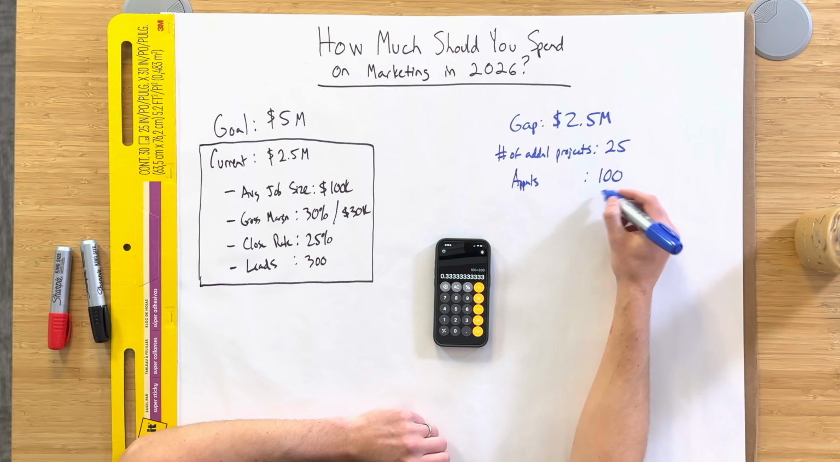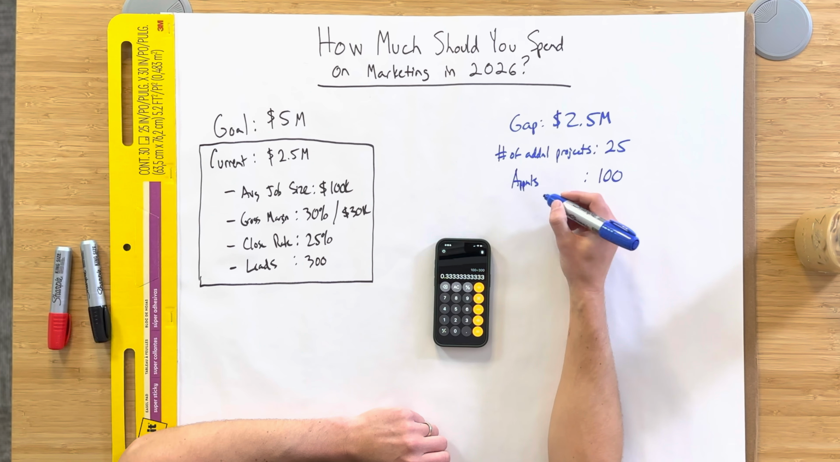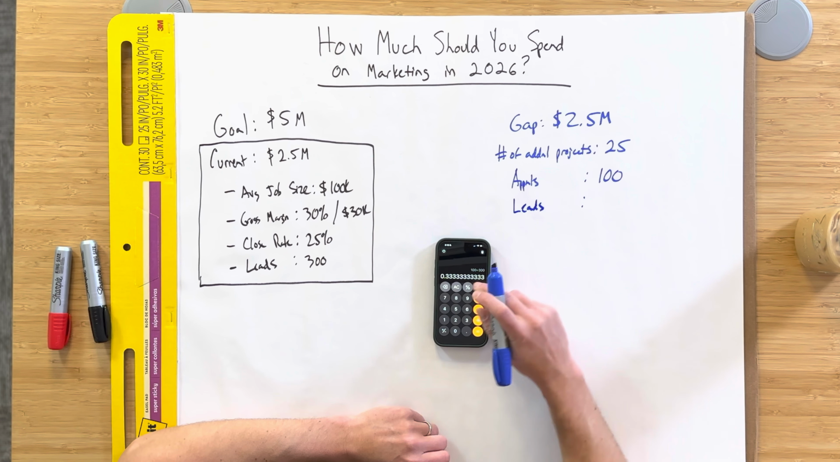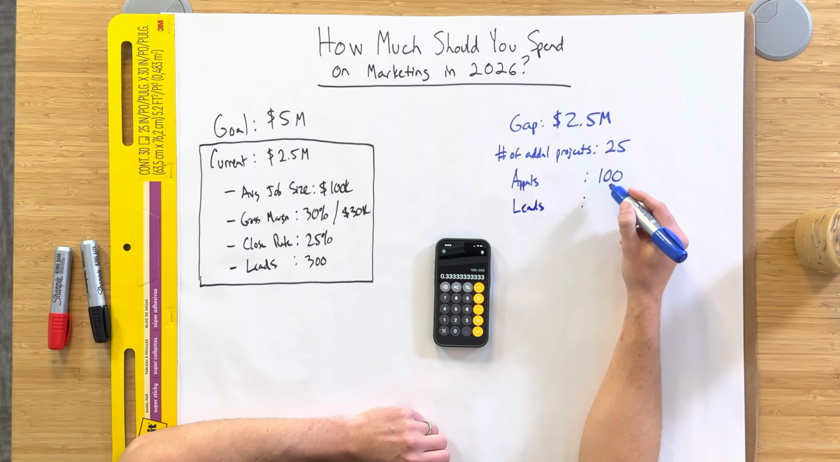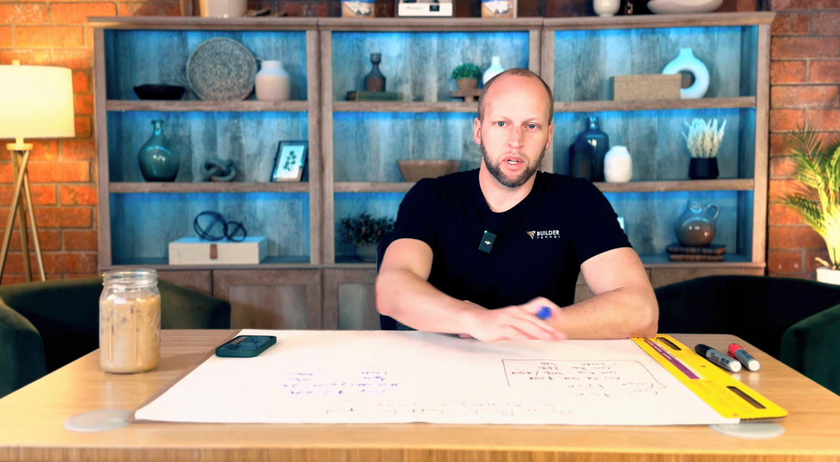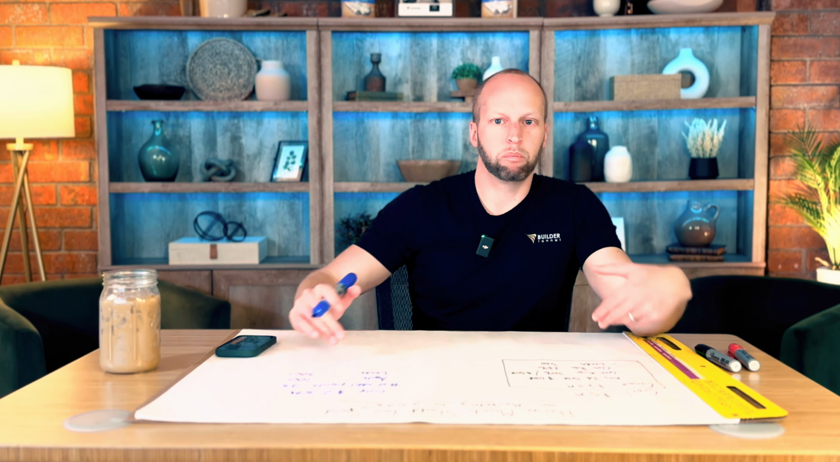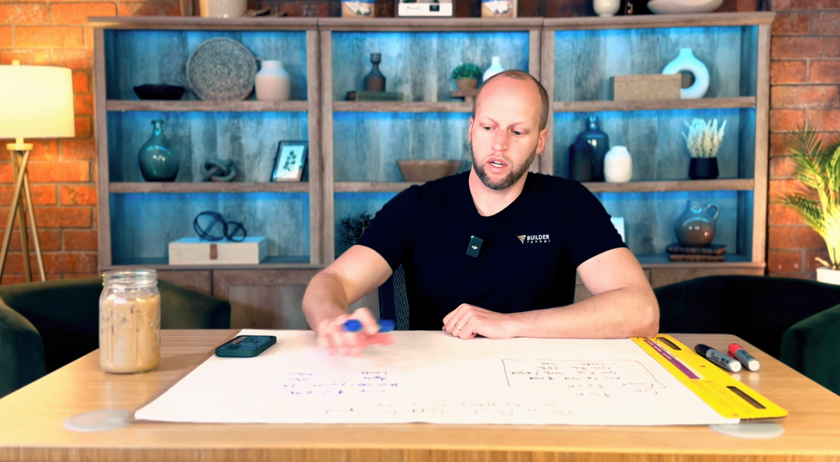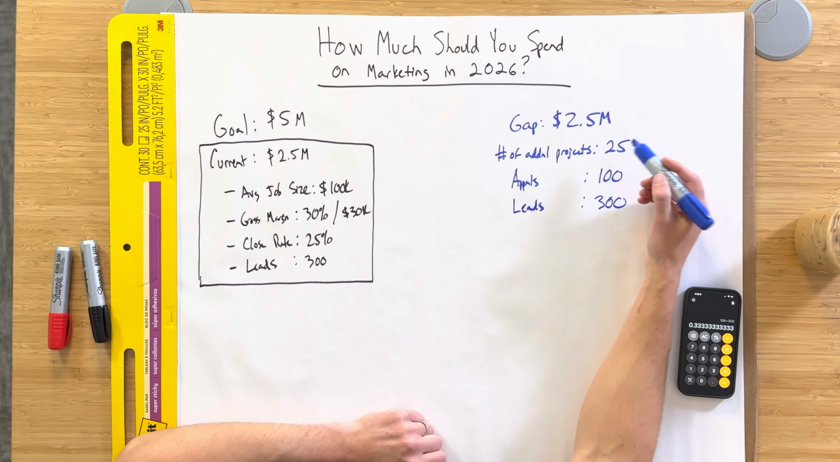And so right here, we're going to multiply that by 3 because we close a third of our leads into appointments, and we're going to need an additional 300. Since we're doubling the business, you can see that these are basically identical. And so if you have a different goal here, if you just needed 1 million, then you would take that